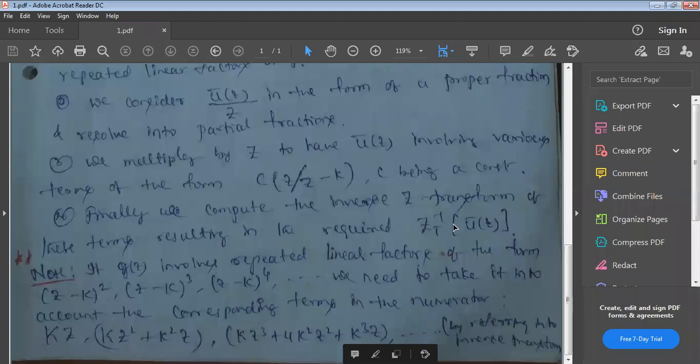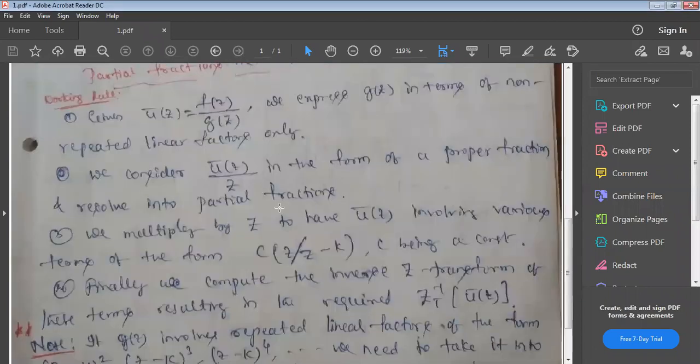Right? So a ratio will be given. Make sure that in the denominator there is a product of linear factors. And after that, in the numerator, you take 1z common and take it to the left hand side, the denominator of the left hand side, and evaluate that right hand side. I mean, resolve the right hand side into partial fractions. And in the third step, multiply z on both sides, take inverse z transformations, apply the formula and find out the final answer. So this is the procedure. Anyway, you can understand this procedure easily when we solve one problem.